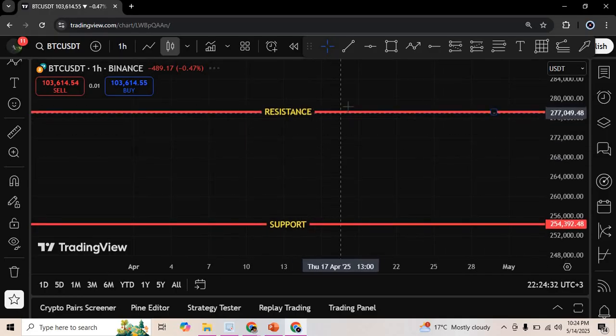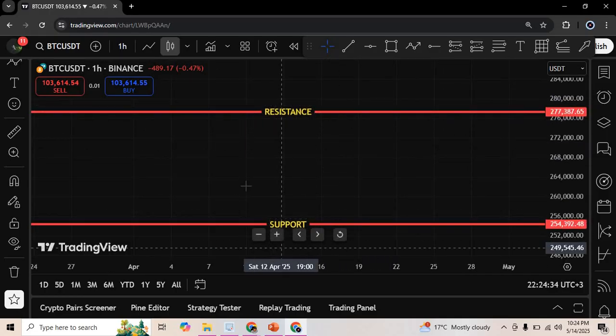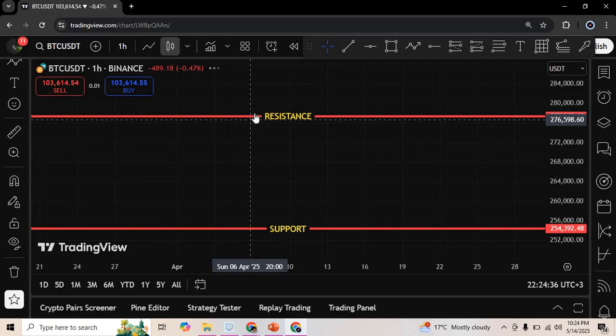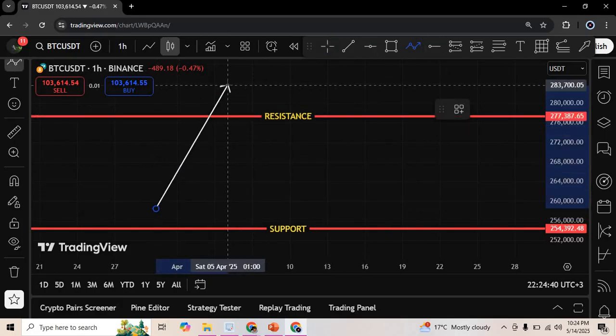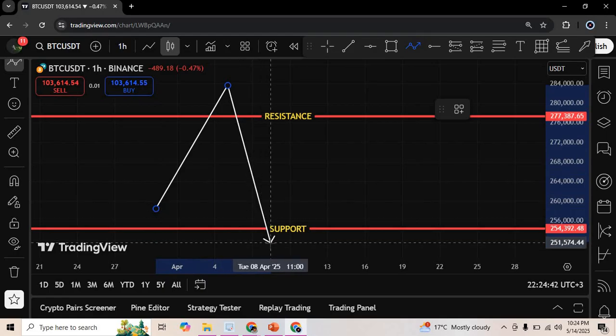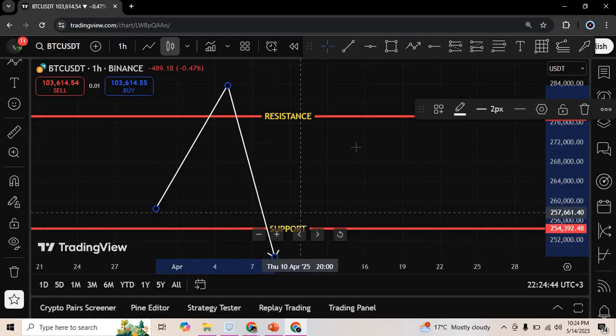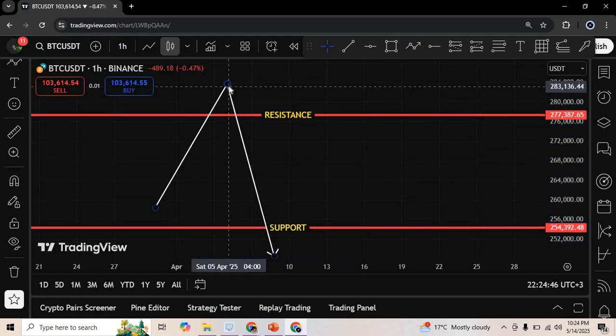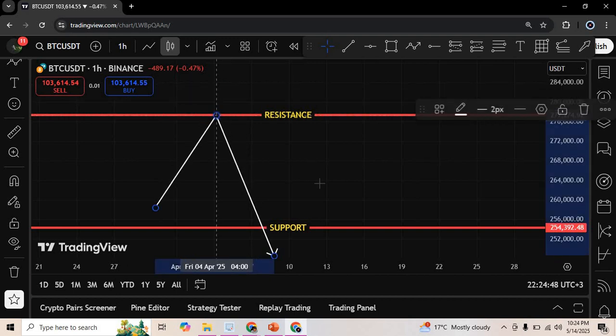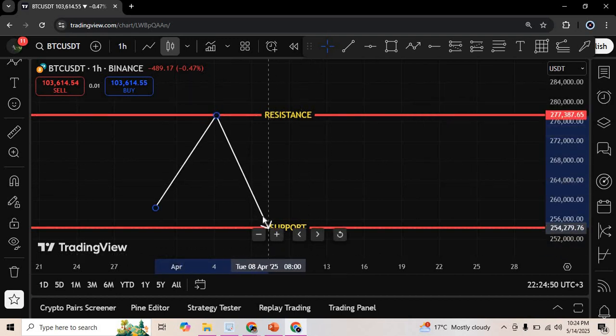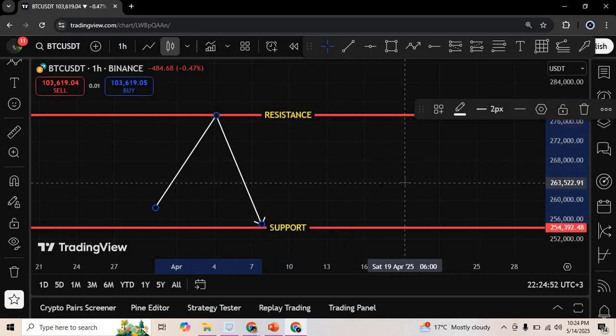So what do you think is sitting around the resistance and support zone? Because we all know the resistance is a zone where you don't expect the market to break through like that. Okay? The support, you don't expect the market to break through like that. So what do you think is sitting around here, logically? Because everyone in the market can identify support and resistance. What do you think is sitting